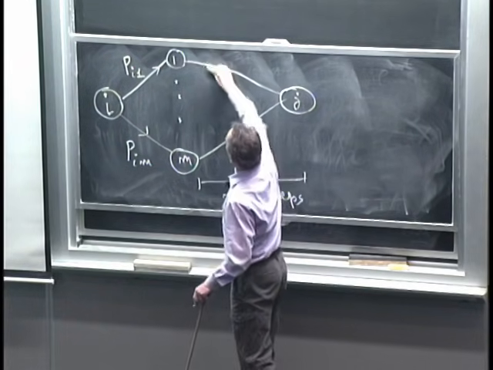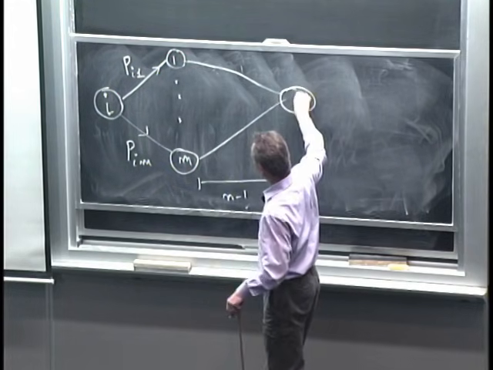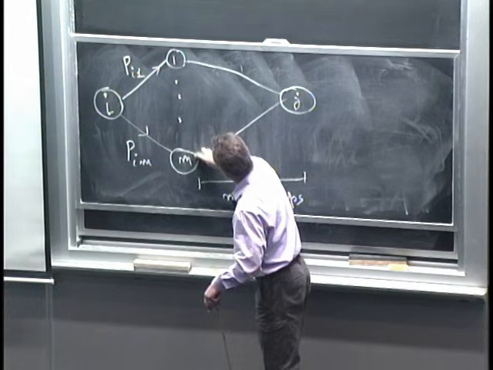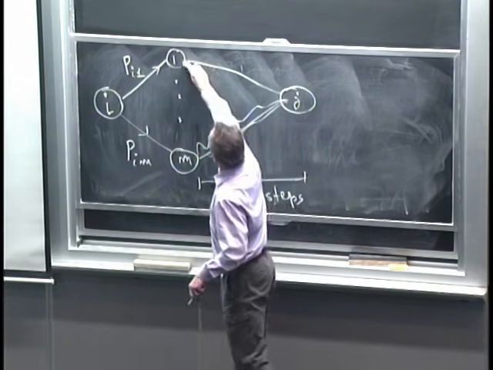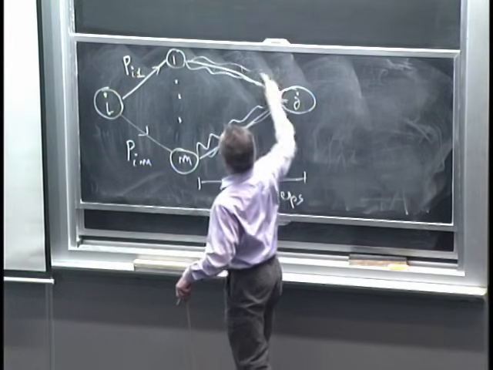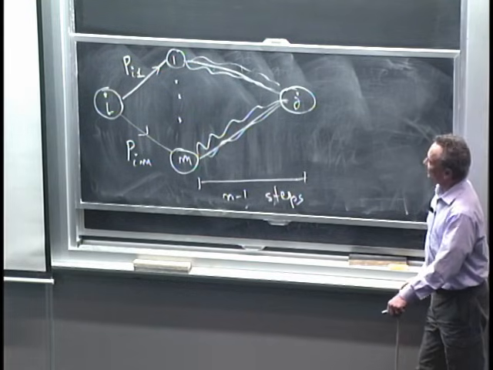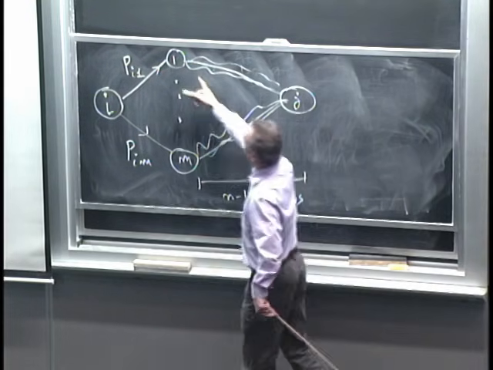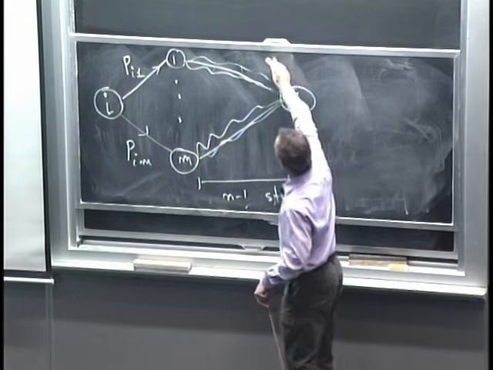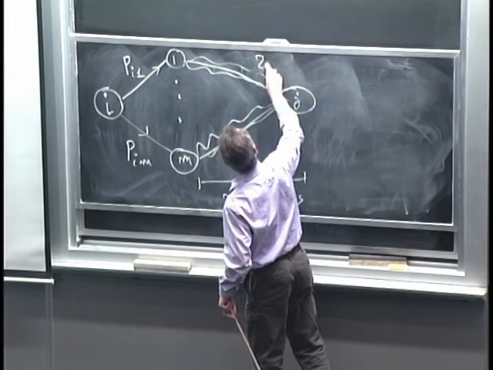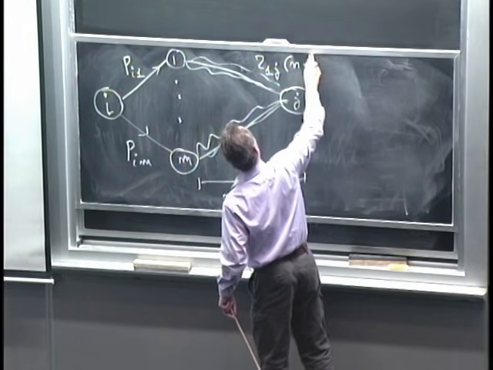This scenario can happen in many possible ways. There are lots of possible paths from state 1 to state j. There are many paths from state m to state j. What is the collective probability of all these transitions? This is the event that, starting from state 1, I end up at state j in n minus 1 steps. So this one has probability r1j of n minus 1.